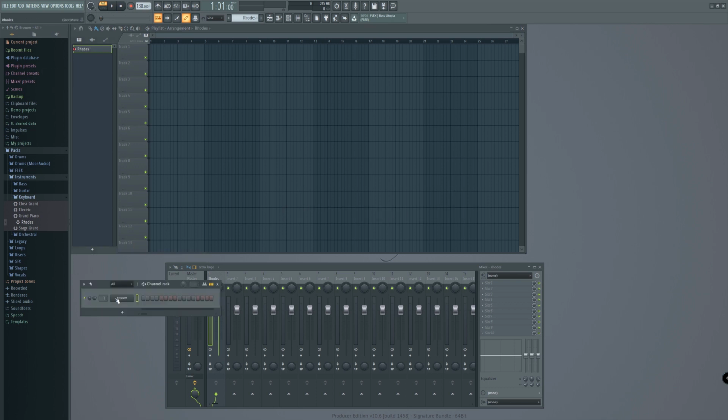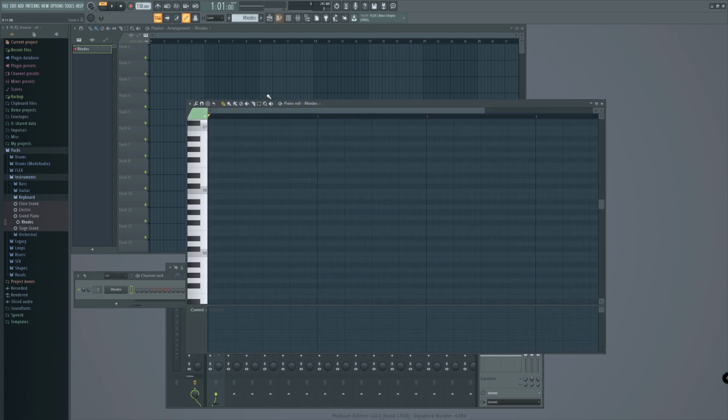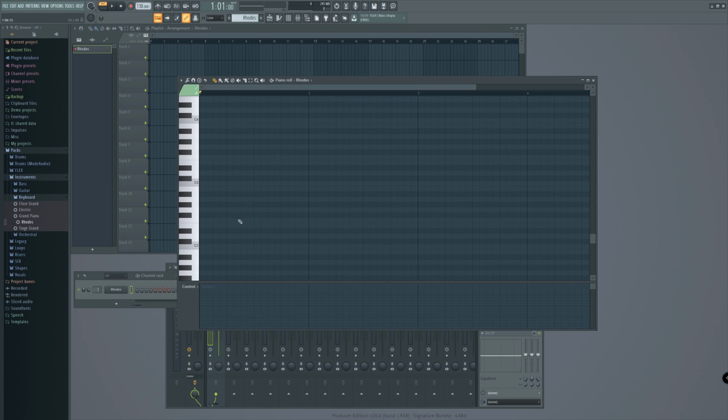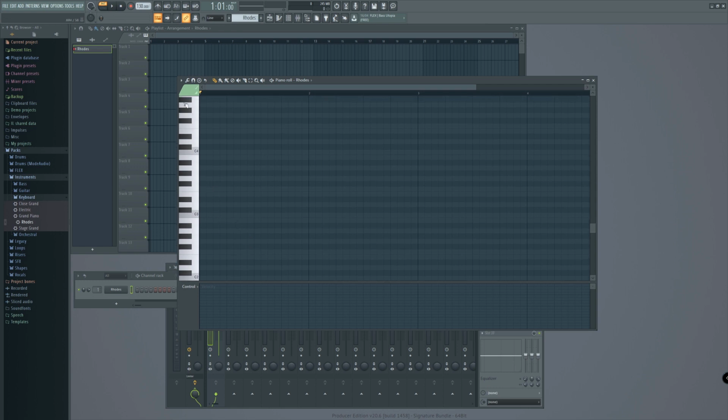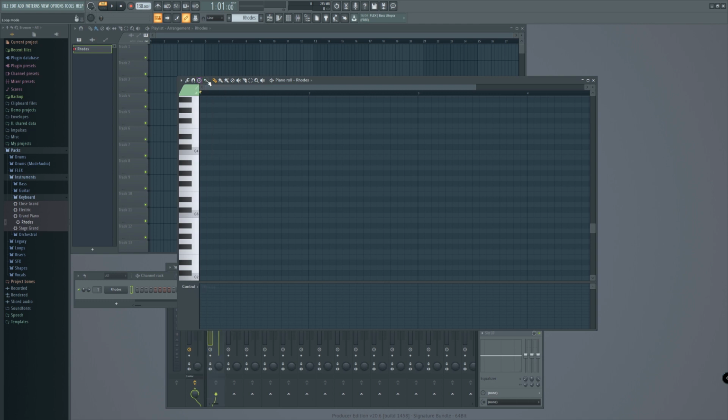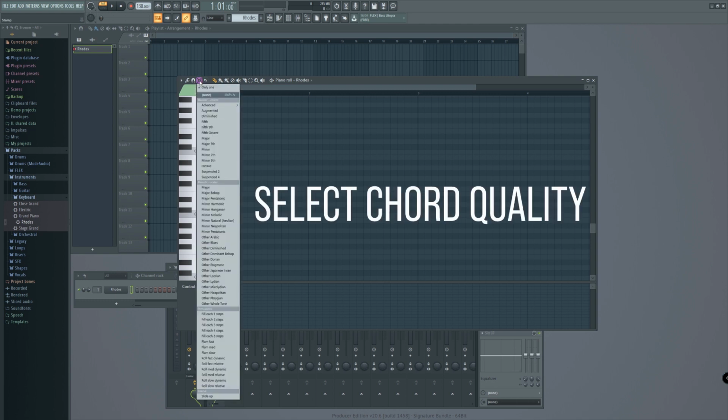So now that we have this all set up and ready, we need to open up the piano roll. And with the piano roll, we can actually key in what we want the sound to be played. And FL Studio has this very special feature that allows you to key in chords even though you do not have any chord knowledge. So if you go to this little round circle here and you click on it,